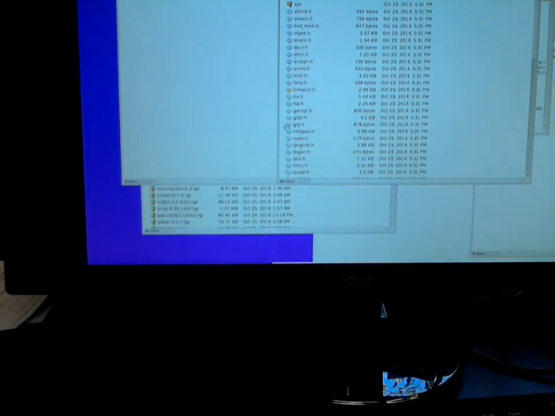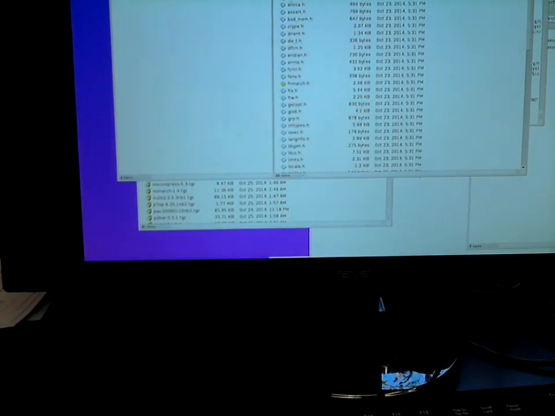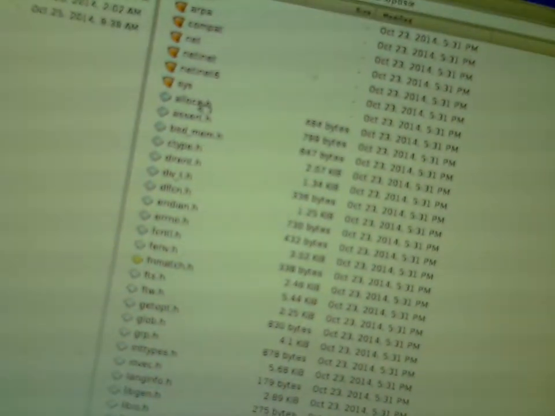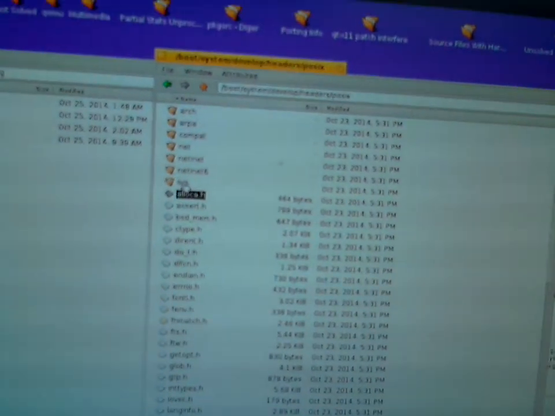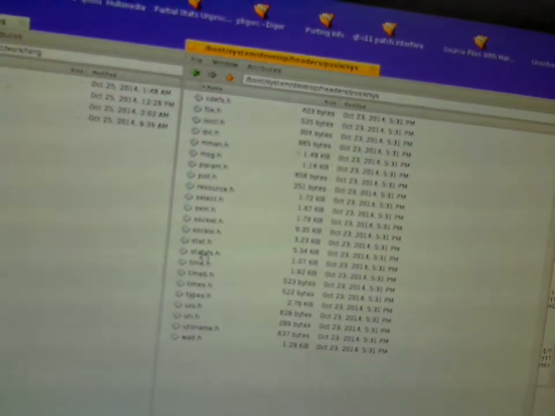You just place a file in the POSIX directory, and as a result, it ends up being a good include just for the brackets around the name of the file. So pound include brackets around alloca.h will include that file, or brackets around sys/file. Now this was looking for stat